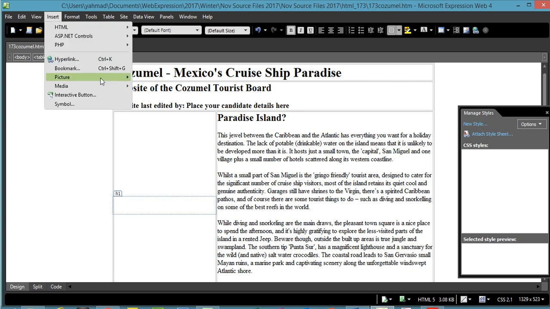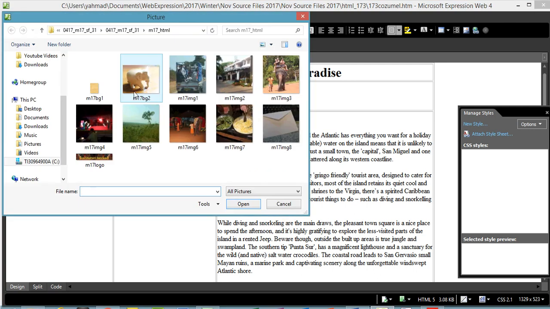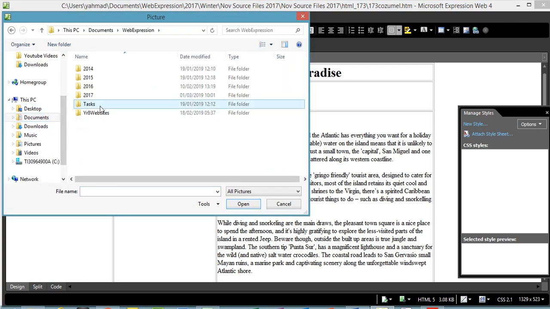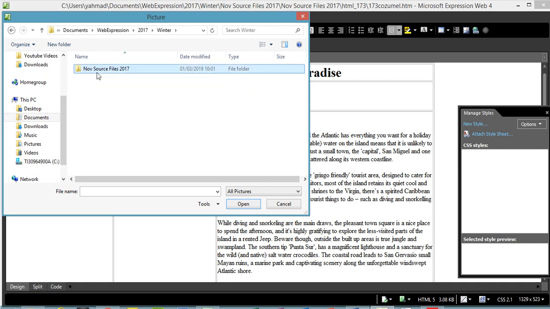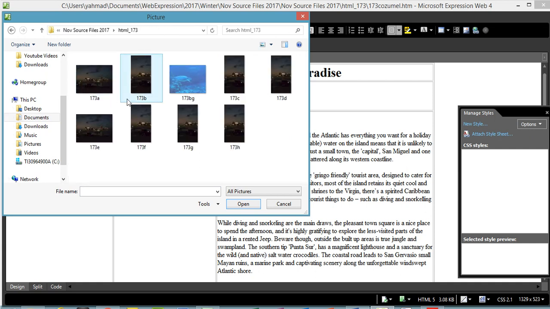Okay, insert picture from file. Let me go to my folder. So I'll go to Documents, Web Expression 2017. And I'm going to select the picture G. Okay, so if I click on Insert,